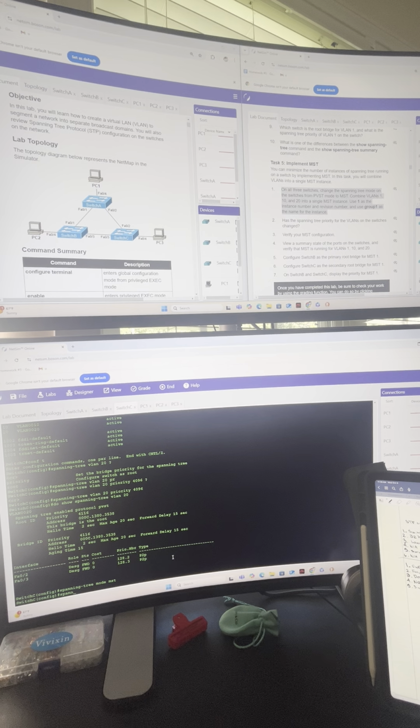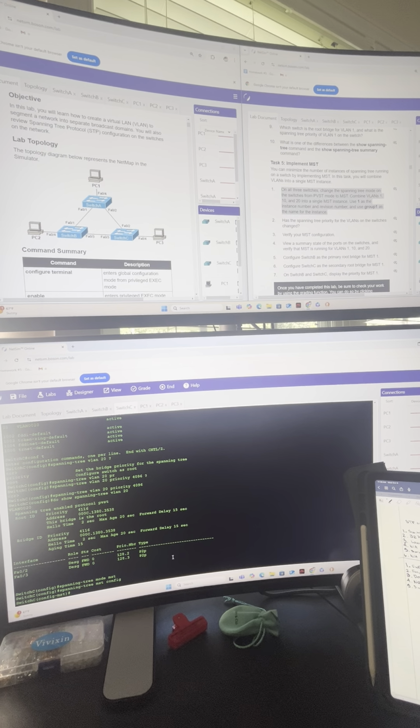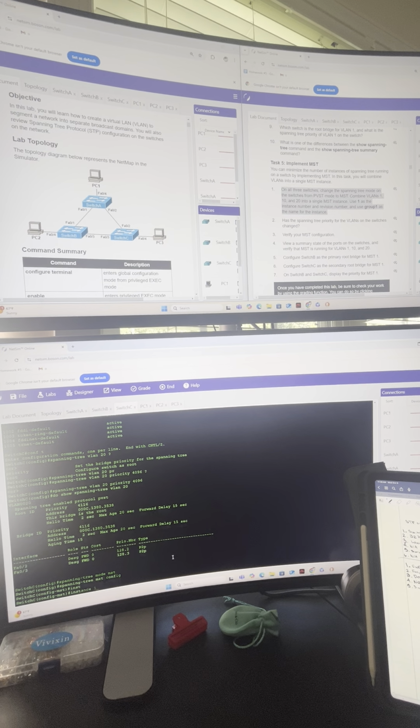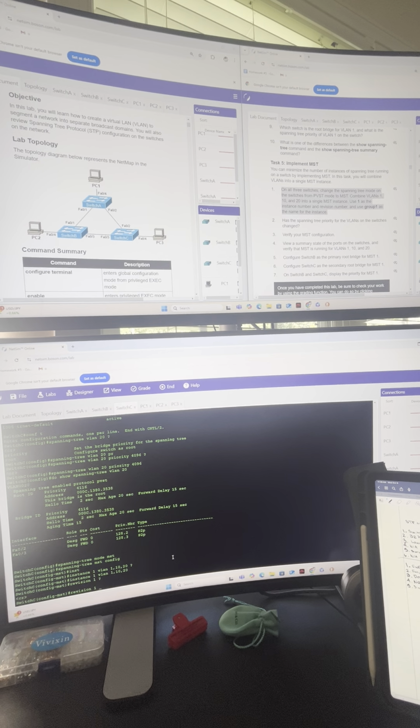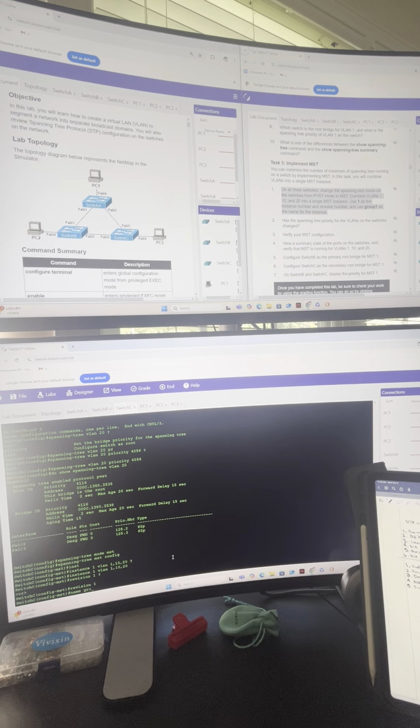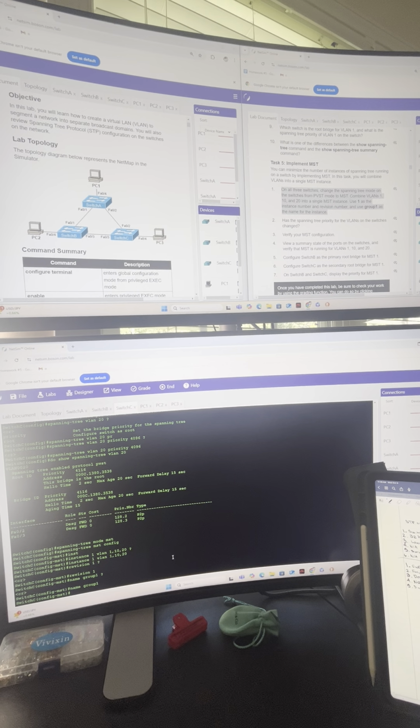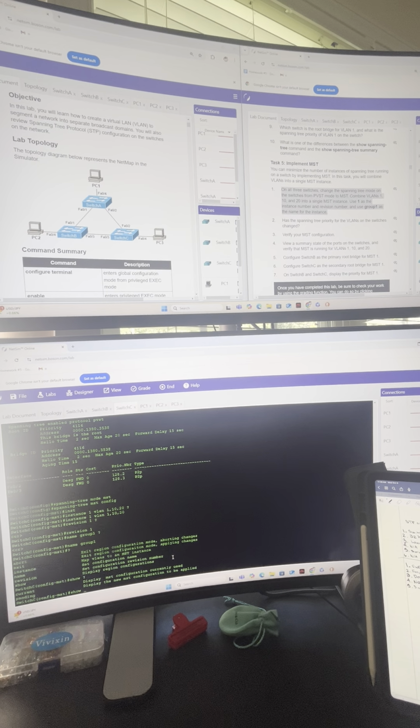Let's do a spanning tree MST config. Let's do an instance, if I can spell, instance of 1 with VLAN 1, 10, and 20. Let's do a revision of 1, and let's do a name of group 1. Perfect. All right, now I believe you can do a show